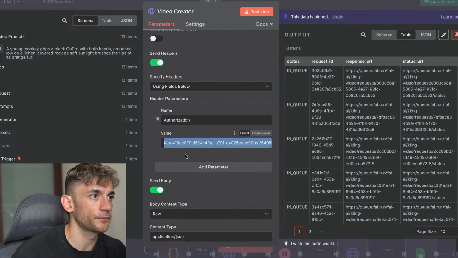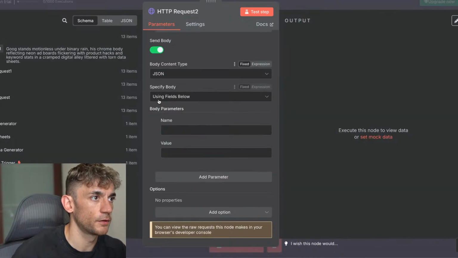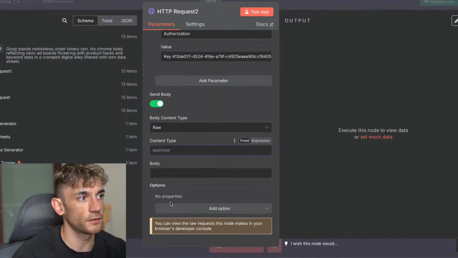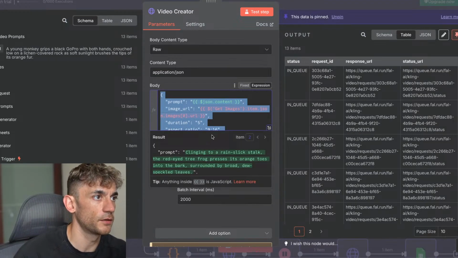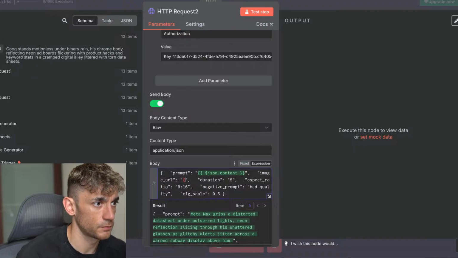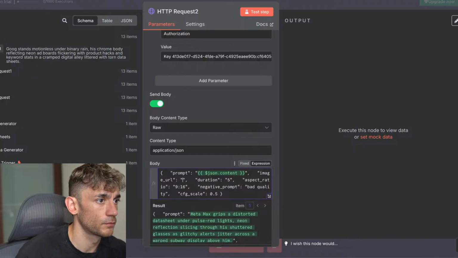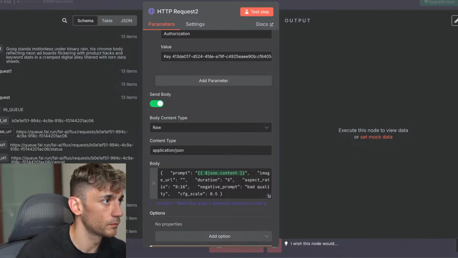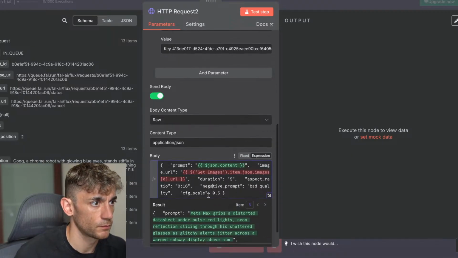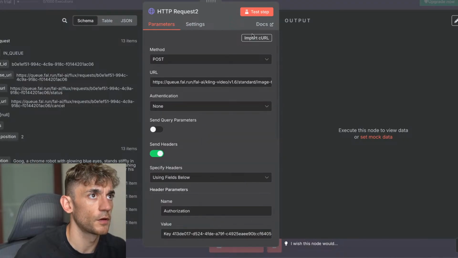Inside the send body section, we're going to select raw, application JSON, and then we'll copy the body like so. So if we test that step now,